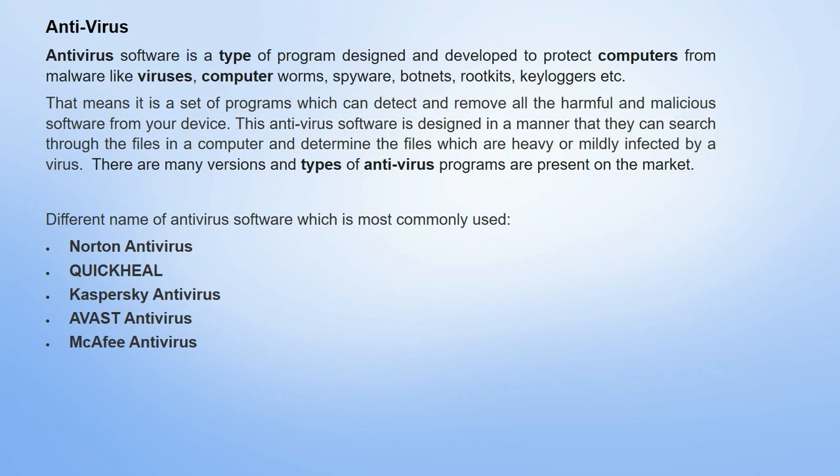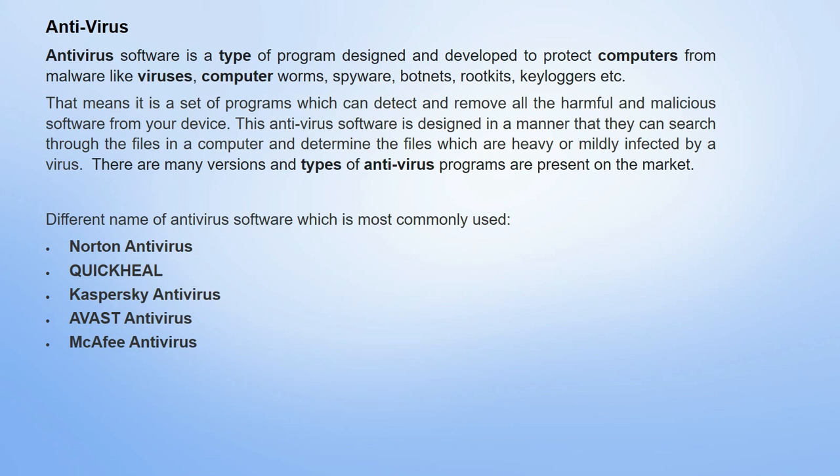Now the last option is your antivirus. So already you know that a virus is one type of software that damages or hampers your computer, and basically it may hamper your operating system, that is boot sector viruses are there, or specific data may be corrupted by your virus. Okay, so to protect from the virus we need one type of software, that is called your antivirus software.